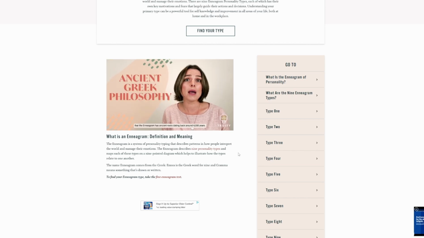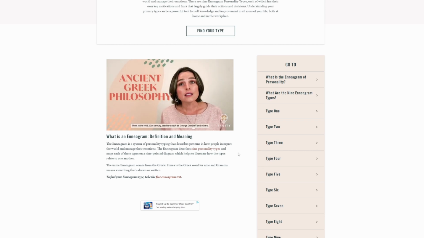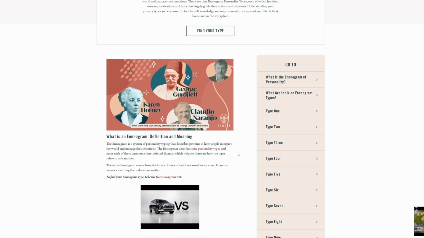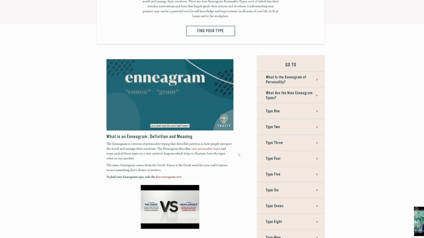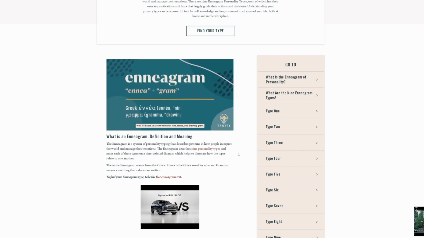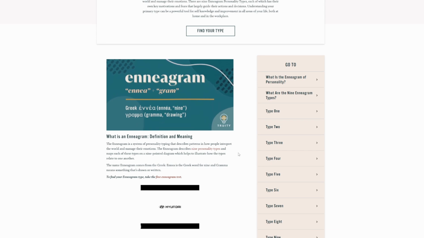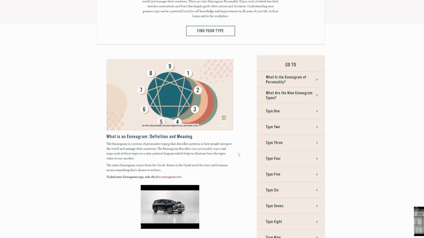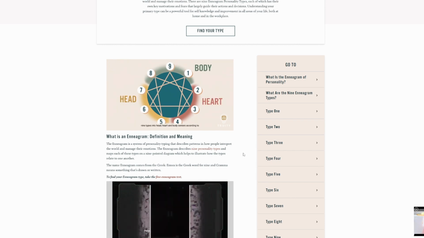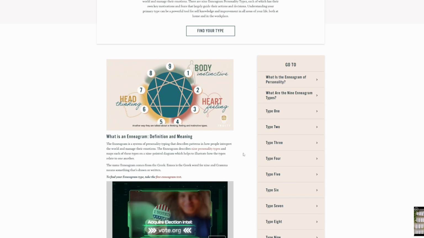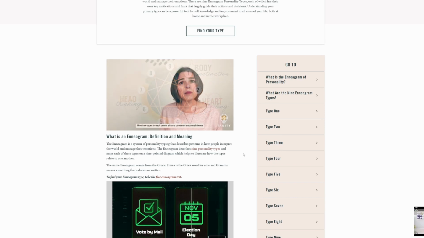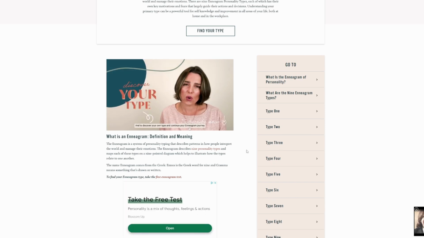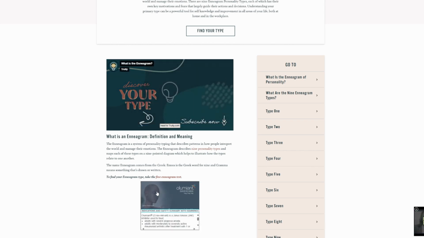Ancient roots dating back around 4,000 years, then in the mid-20th century, teachers such as George Gurdjieff and others. And what does the word itself mean? Well, it's based on Greek words for 9, ennea, and drawing, gram. In the 9-pointed circular diagram, you can see the Enneagram can be broken into these 3 groups. Head, heart, and body, according to what usually drives feeling and instinctive types. The 3 types in each center share a common instinctive approach. Your Enneagram journey.